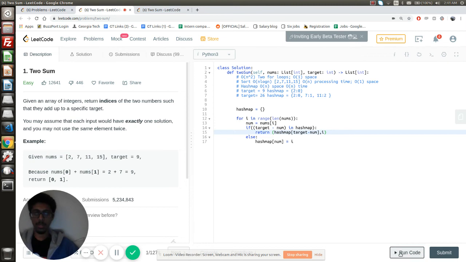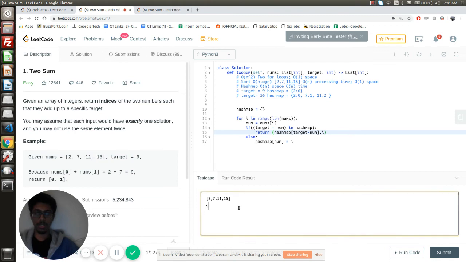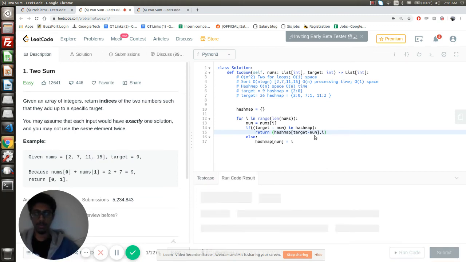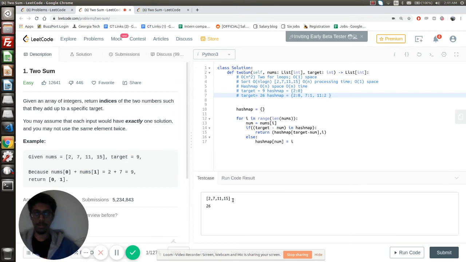So let's try to run this. Okay, this works. Let's try changing the target. It should give 2 comma 3. Index of 11 is 2, index of 15 is 3, should give you 2 comma 3. Okay, works very well. Let's try some unsorted input.